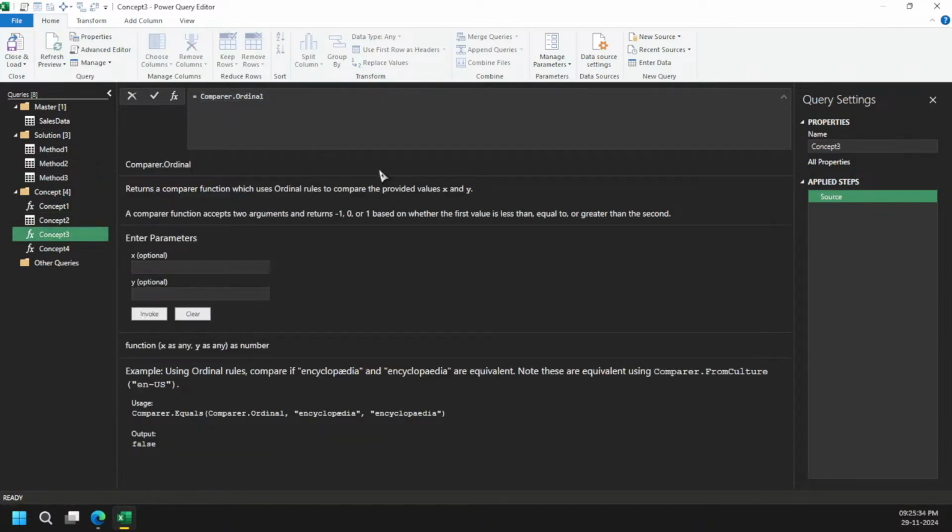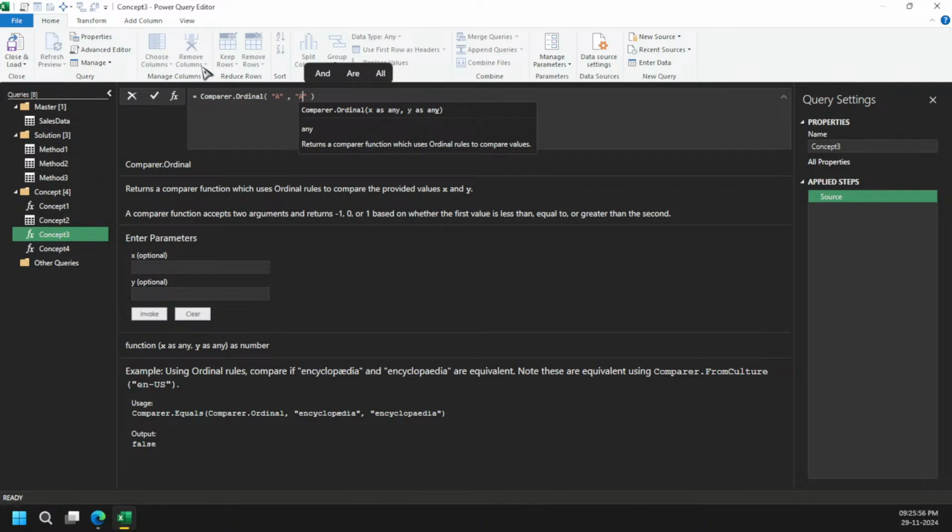By default, what Comparer.Ordinal does is compare two values. Let's say I am writing A and I am writing A. Because these are two values and they are equal, it will give me 0. Got it?